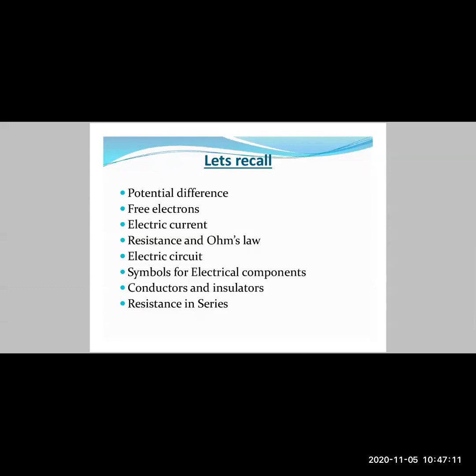Then we had seen the concept of electric current. We had also defined electric current. Electric current is nothing but the flow of electrons through a conductor. It is given by the symbol I, and its mathematical equation is I equals Q upon T, where Q is the charge and T is the time. Then we had also defined the unit for electric current, that was the ampere, and 1 ampere being a charge of 1 coulomb per second.